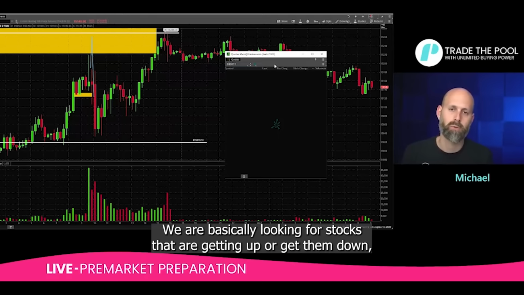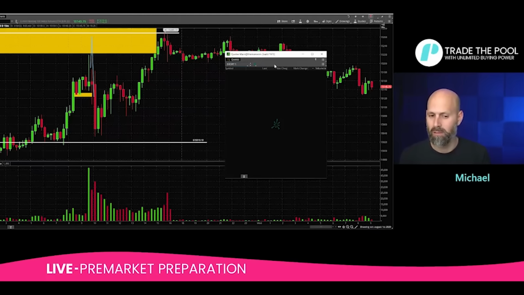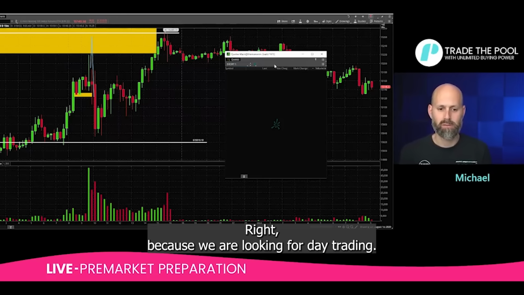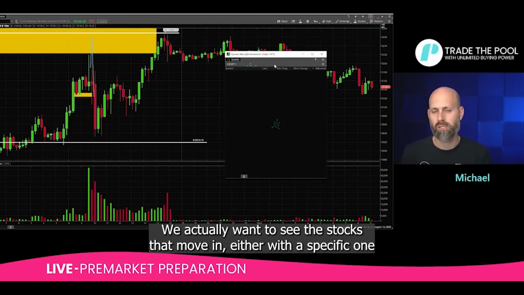We're basically looking for stocks that are gapping up or gapping down, with nice momentum of volume and volatility coming in, right? Because we are looking for day trading, so we don't want to see a stock that is flat, moving sideways. We actually want to see a stock that is moving in one specific direction,